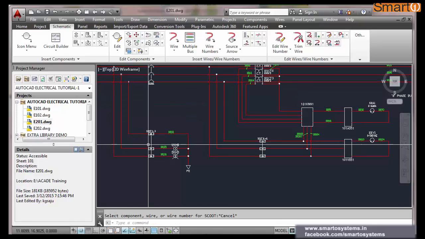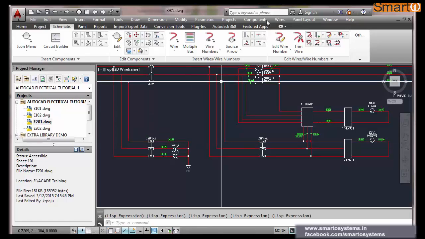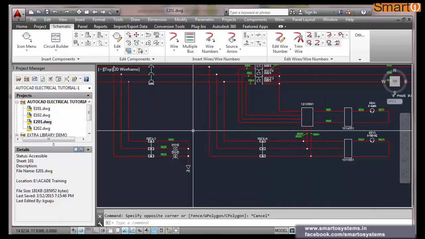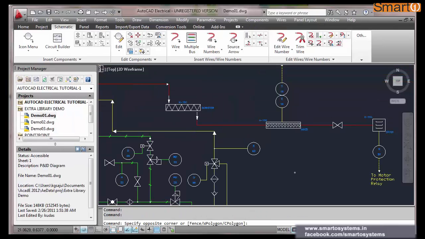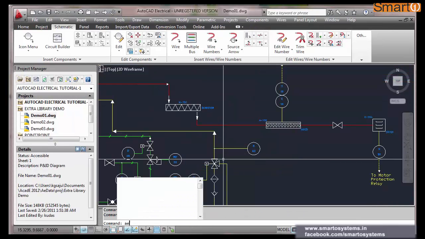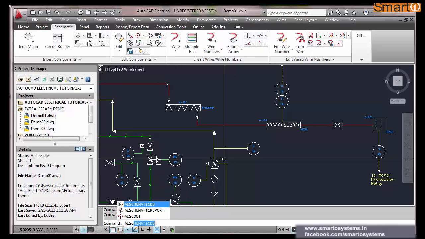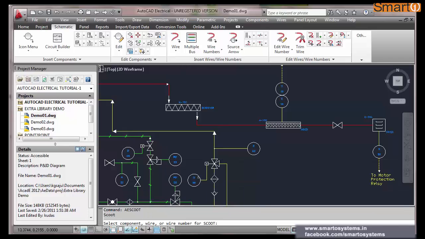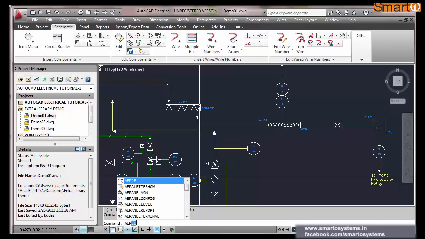See, I don't have to search where the Scoot is, whether it's in components or in projects. So you can simply type those commands. This feature is available in the lower version too, but the options are very few. Scoot I can do even here. This is a lower version. AutoCAD Electrical next, I can do it here. AutoCAD Electrical previous.